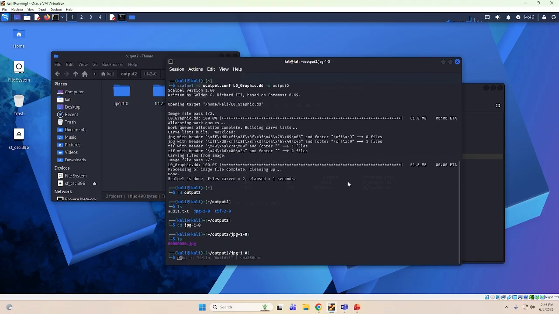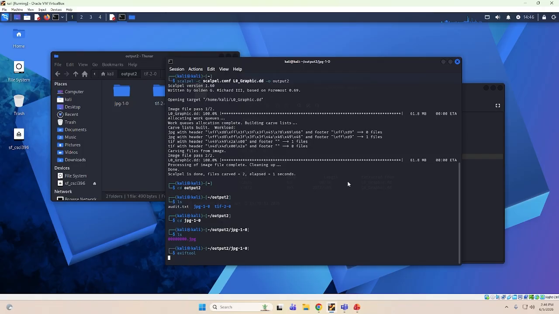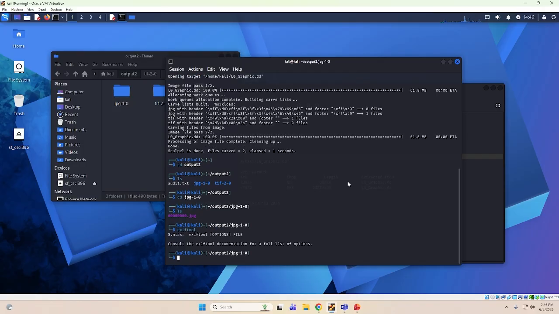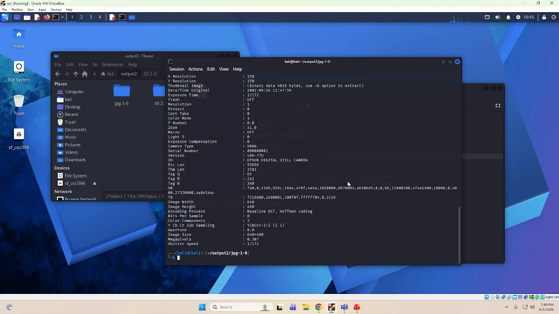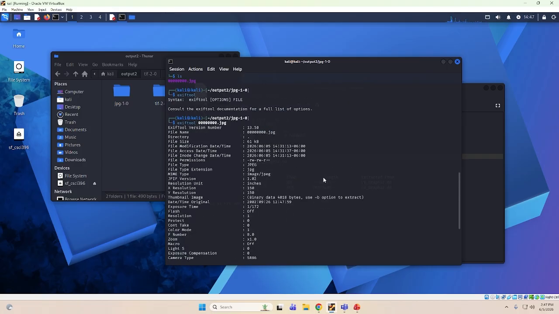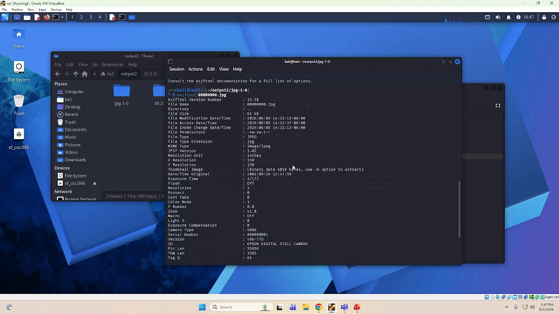So there is a command, exiftool, and this is the tool that you can use to read and manipulate information. So if I just pass in that particular file, here is all the EXIF information for the file that was recovered. Now, this information may or may not be entirely accurate because it was done with file carving. If we didn't get all of the JPEG header, we might be missing some of this metadata, but in this case, we see quite a bit of information, including the date and time that this photo was originally taken,